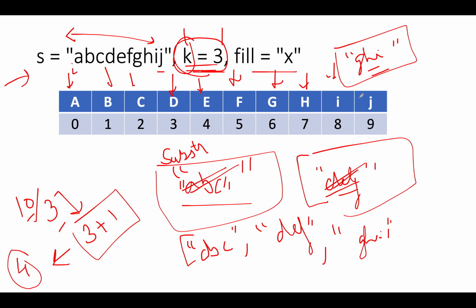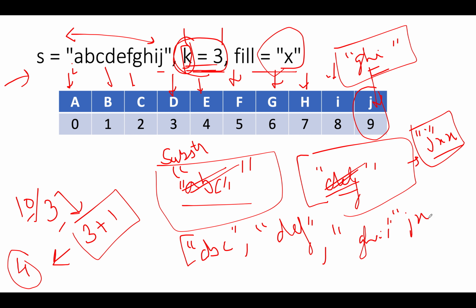And the last one is the most interesting case. We have a single variable here, J. So you create a new substring starting with J and add J to it. And what do you see? You see that its size is not equal to the value of K that is specified, and you have exhausted the input string. In all such cases, you need to fill in your fill variable, which in this case turns out to be X, in the remaining positions. So the final substring turns out to be JXX, and you simply add it to your result. I hope I made sense to you.